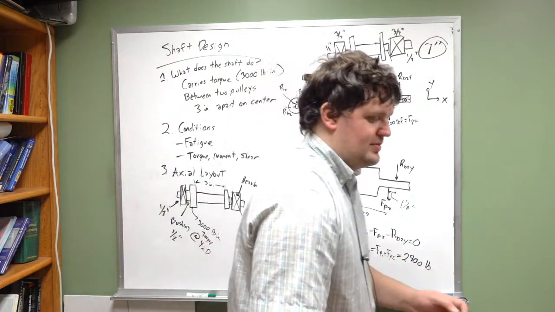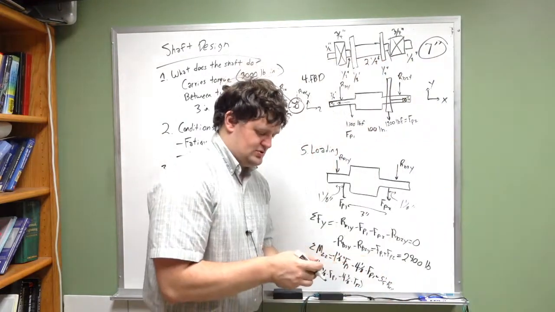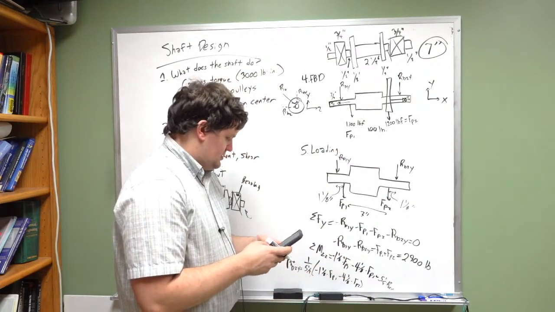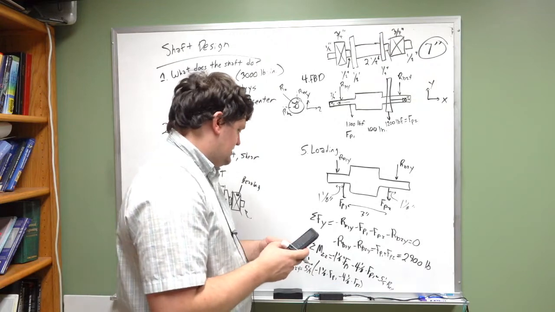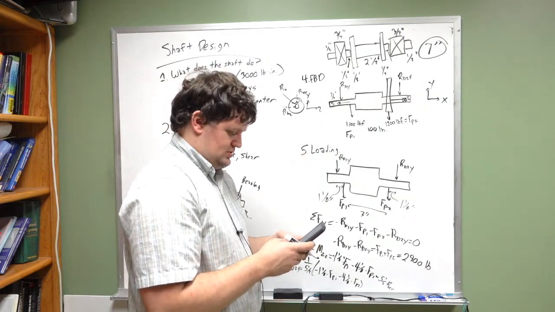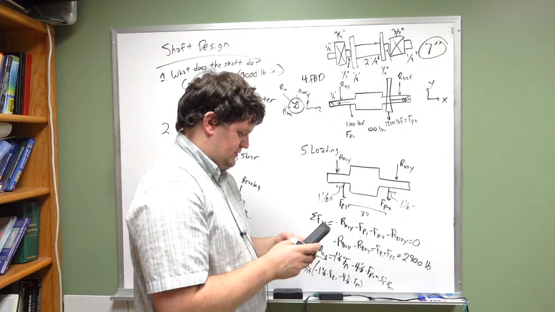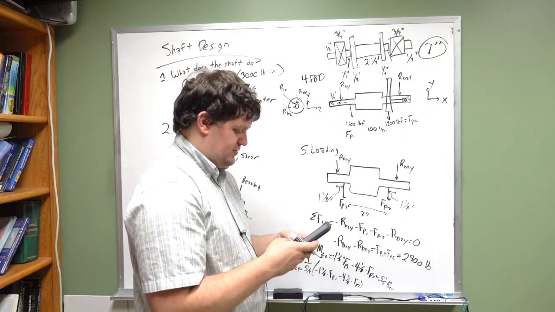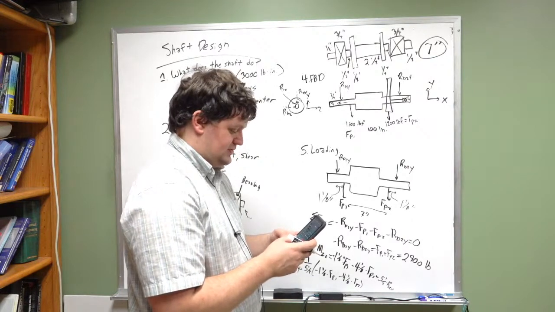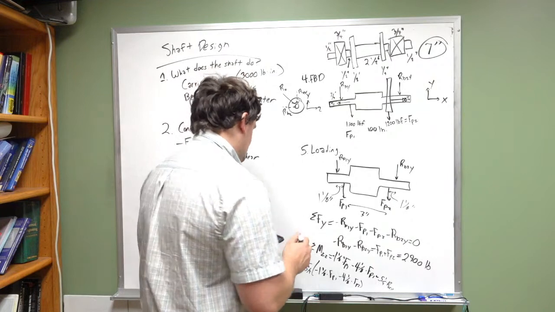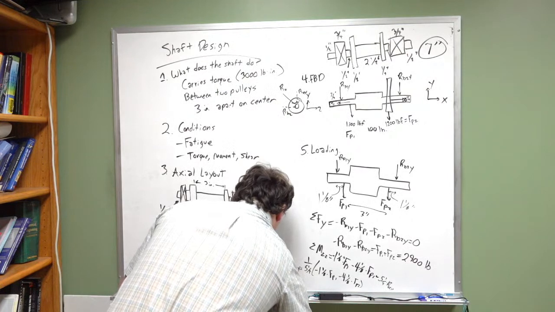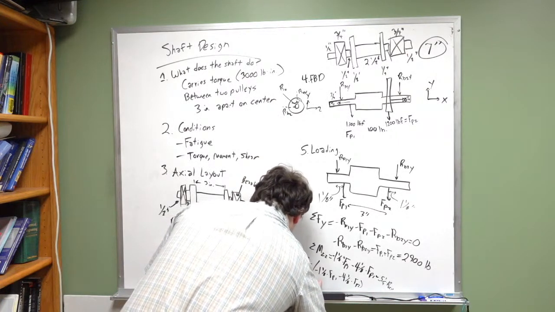So if I grab my calculator, which also happens to be my phone, 1.125 times 1,700, minus 4.125 times 1,200. And then we divide that by 5.25, and RB2Y is equal to